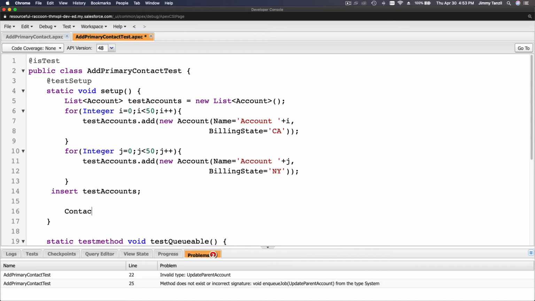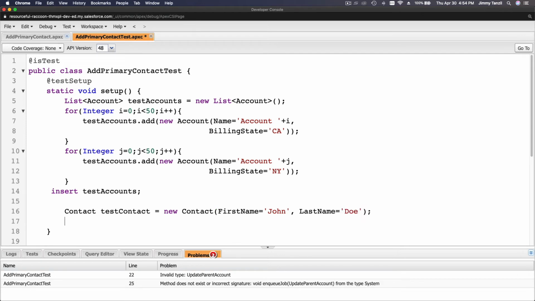So Contact testContact equals new Contact, and then first name John, last name Doe. Okay, and then insert test contact. So we've inserted the test contact,